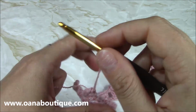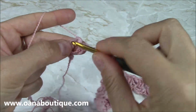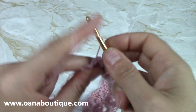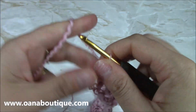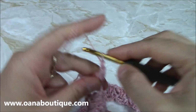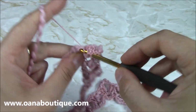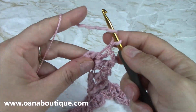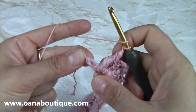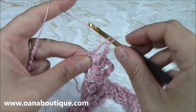And now into the last, I will work exactly as I worked into the first. So 3 double crochets. Actually, it is the last raglan increase. We need 4 raglan increases. 3 double crochets, chain 3, and 3 more double crochets. I will chain 1, yarn over, and into the beginning chain here, work 1 double